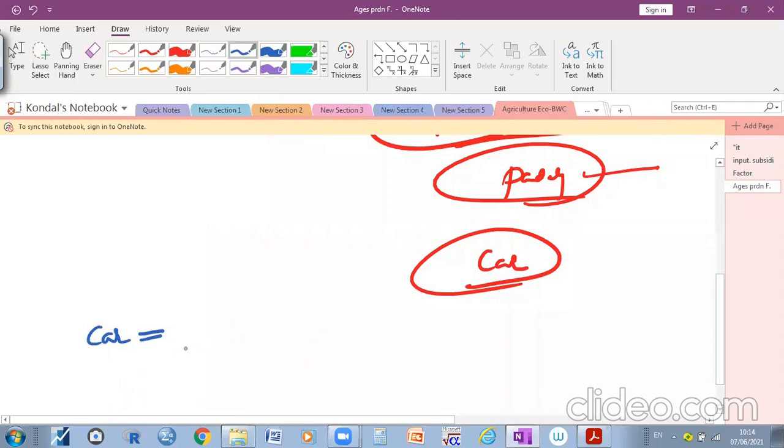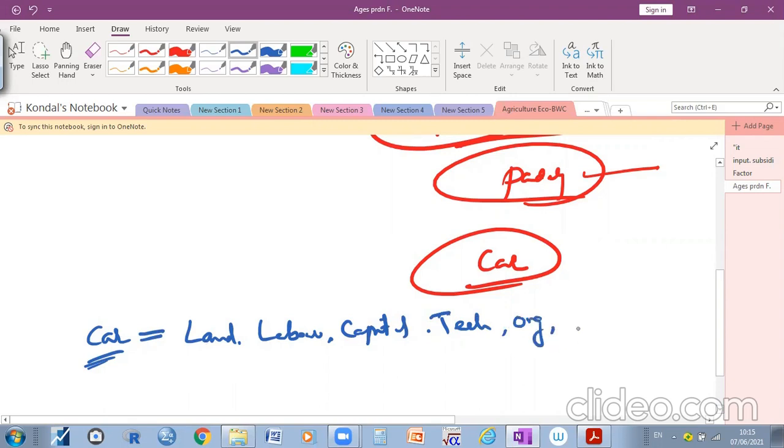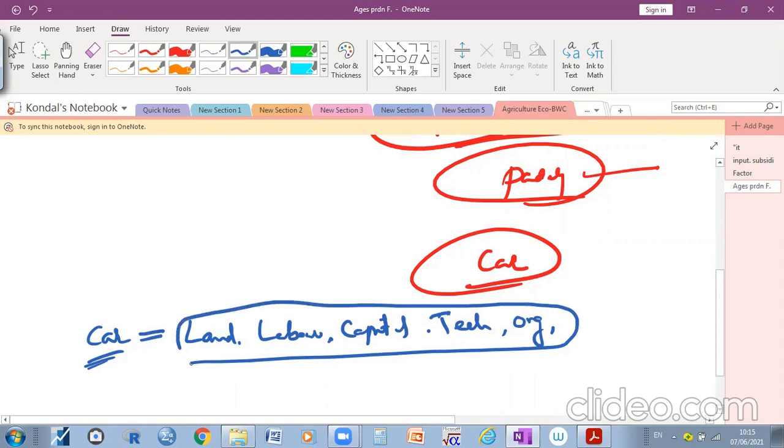In order to establish my plant, we need some land, and we need some labor to fit the car, all the equipment, and we need capital, some amount of money. Okay, some technology. Nowadays we are using robots to fit the car and the equipment, technology, organization, right? These are the main factors of production which can be used to produce a car. So these are the inputs, and these are the outputs.